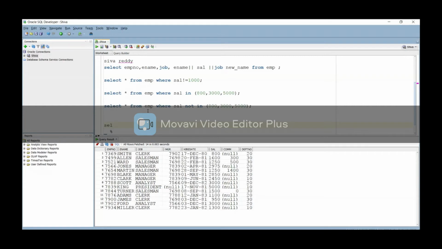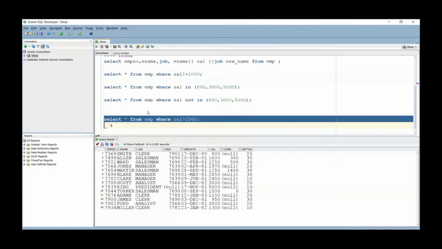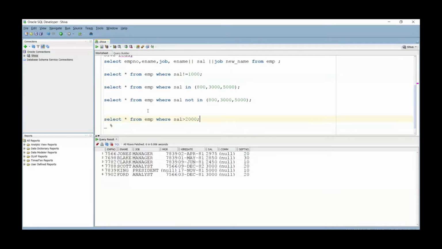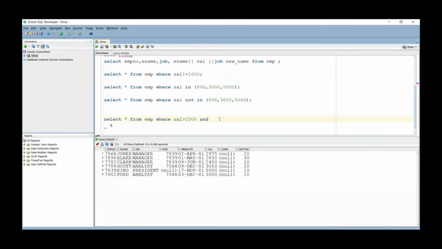Select star from EMP where salary greater than 2,000. So we got the output here. Got it? And we have the AND operator. I will let you know the AND operator: salary less than 5,000.